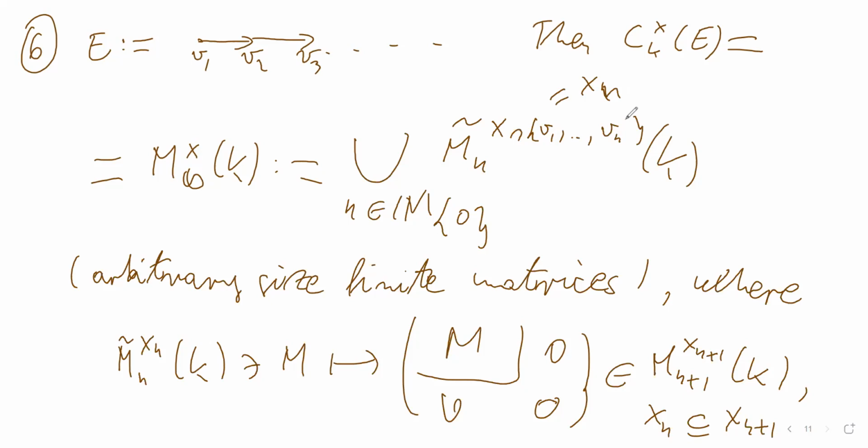So obviously they are contained in one another, because the set V_1 to V_n is contained in the set V_1 to V_{n+1}. And all vertices are regular. So this is where you include n by n matrices in n plus 1 by n plus 1 matrices by this explicit recipe. And you must assume that always X_n is contained in X_{n+1}. So that when you modify something at diagonal places, you also modify it when you view its matrix as a matrix of a bigger size. Okay, so that's why you have to have this containment